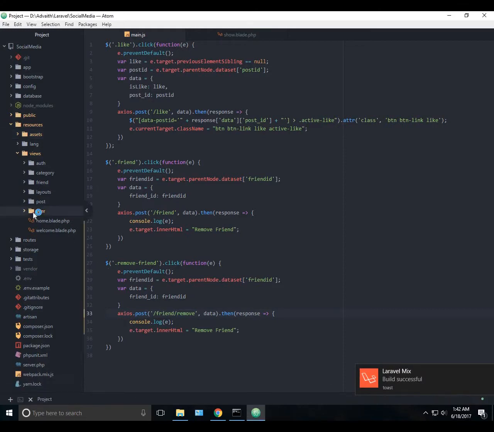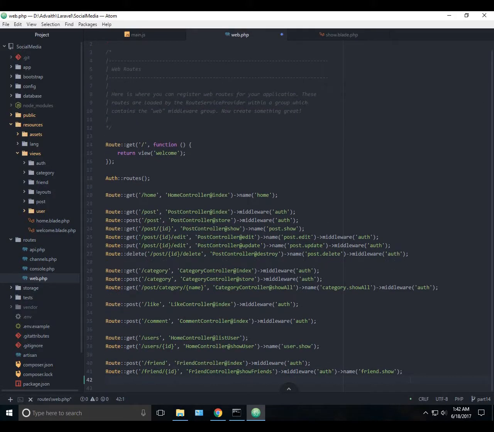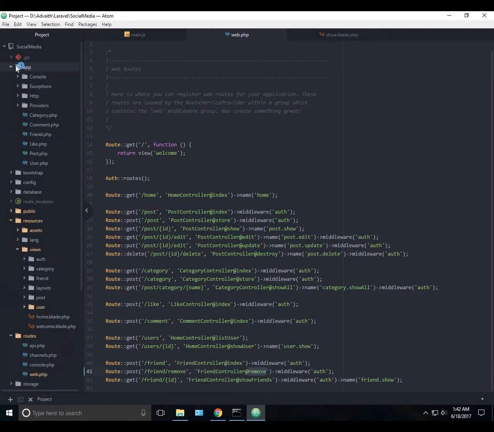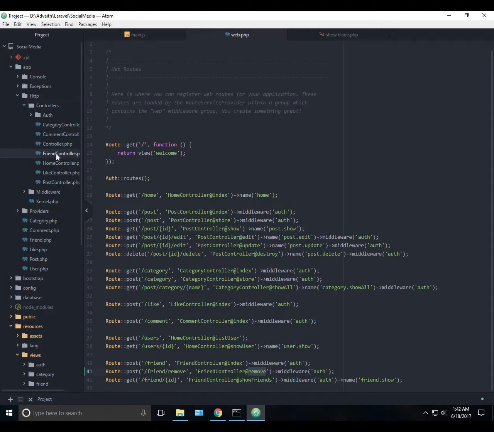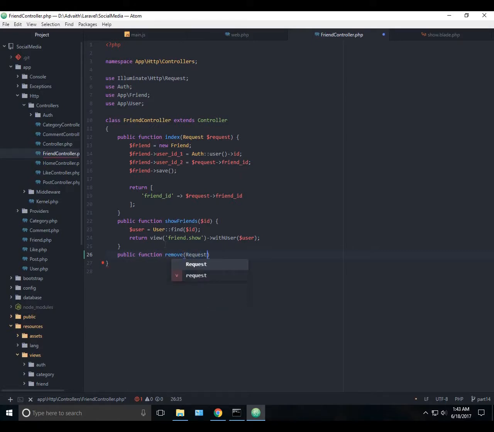Okay, now we register that route. So I will copy this, paste it there, and change the syntax to remove. So now I will open the friend controller and create a new function, the remove and request. First what we have to do is to find the user. So user will be Friend, find by the request,